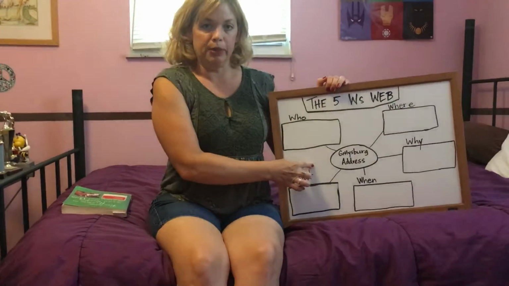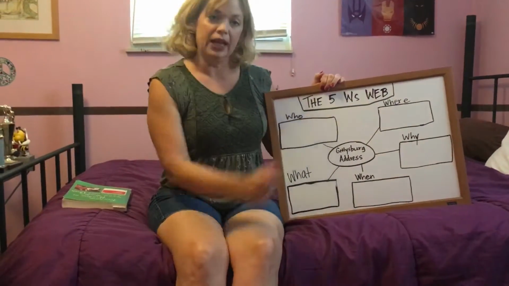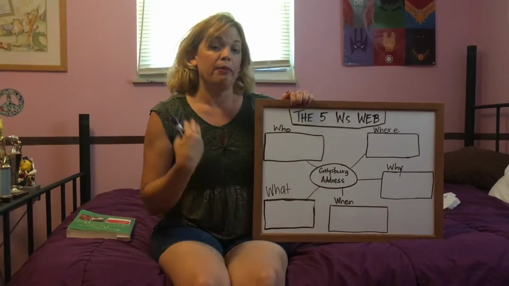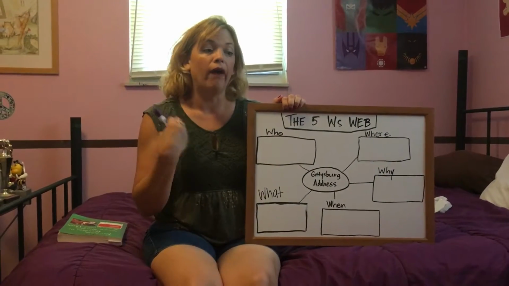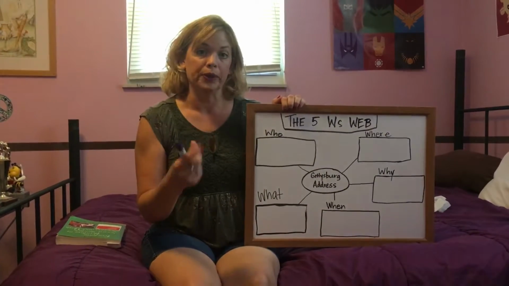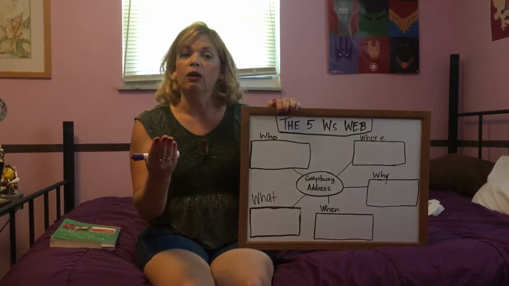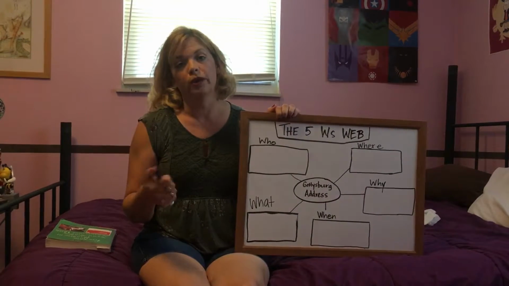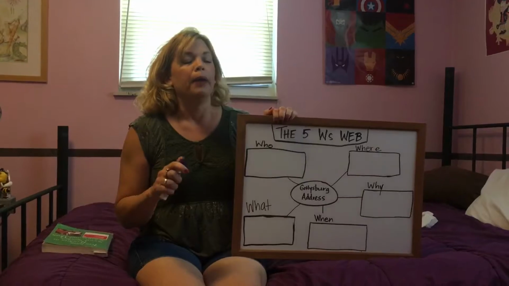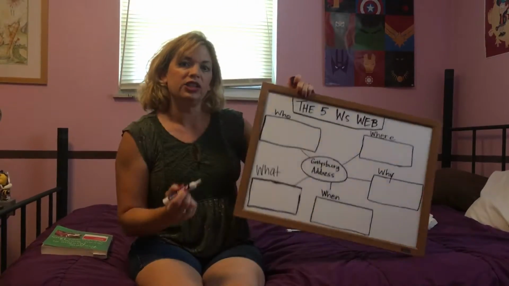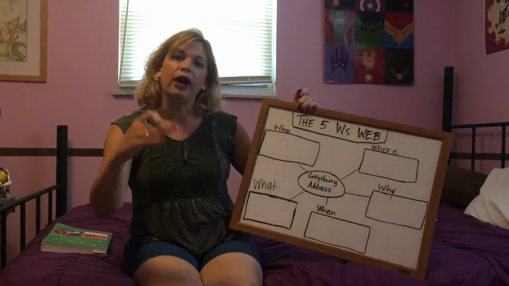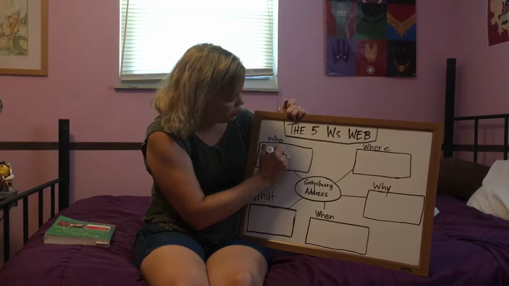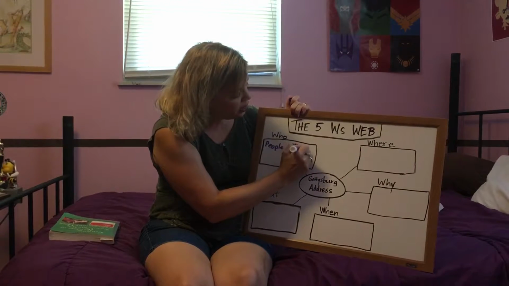We've got our Gettysburg Address in the middle. The first thing I'd like to talk about is the who. Who would be in the crowd that Lincoln is addressing? Well, one of the main themes of this speech are the soldiers who have died in the Civil War. So we can imagine that some of the people there would be family members who have lost a loved one in the Civil War, maybe some veterans, other politicians, people who are impacted by the Civil War. So let's use that as our who, because those are the people in the crowd that Lincoln is speaking to. So we're going to say that the who is the people who are affected